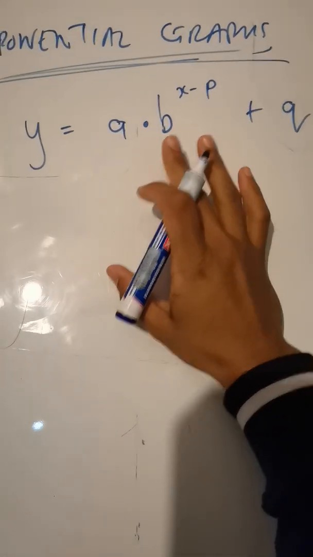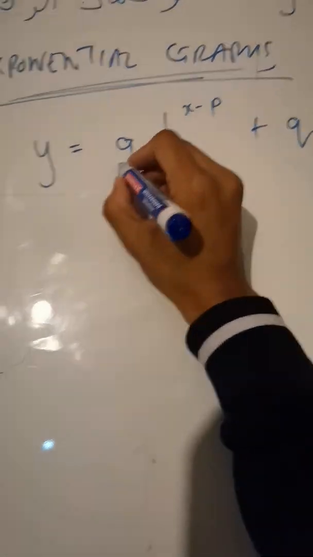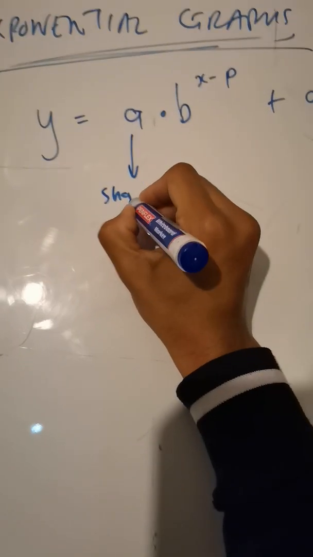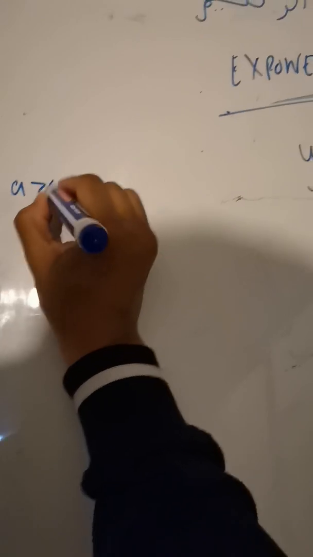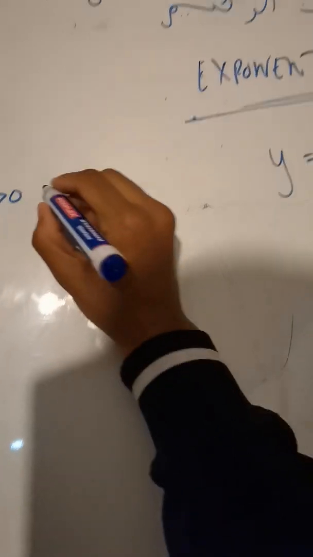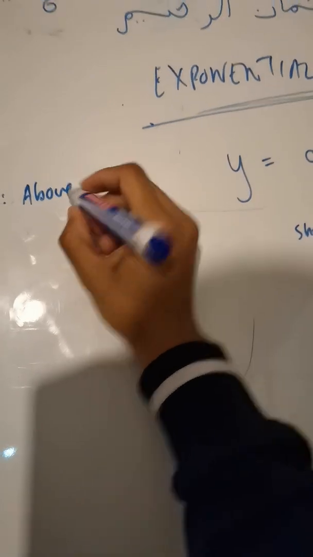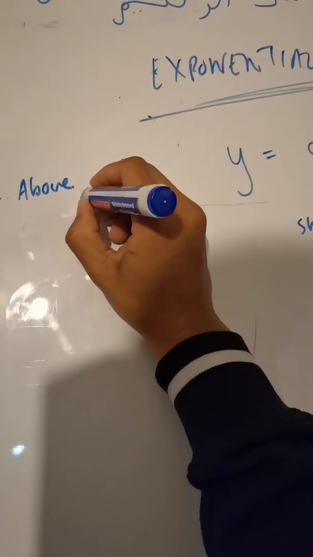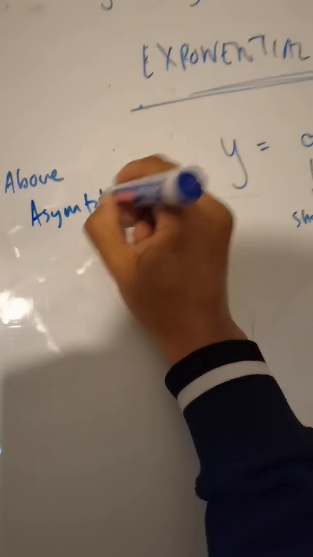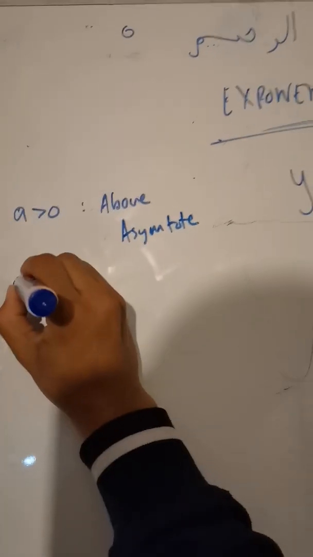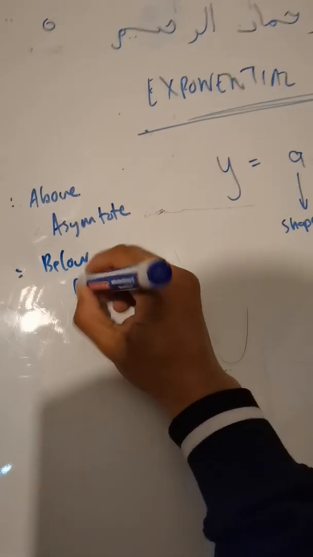So we've got y is equal to a times b to the power of x minus p plus q. So the a always gives us the shape of the graph. Now in the exponential graph, if the a is more than 0, meaning it's positive, the graph is going to be basically above the asymptote. Okay, and then if a is less than 0, it just means that the graph is